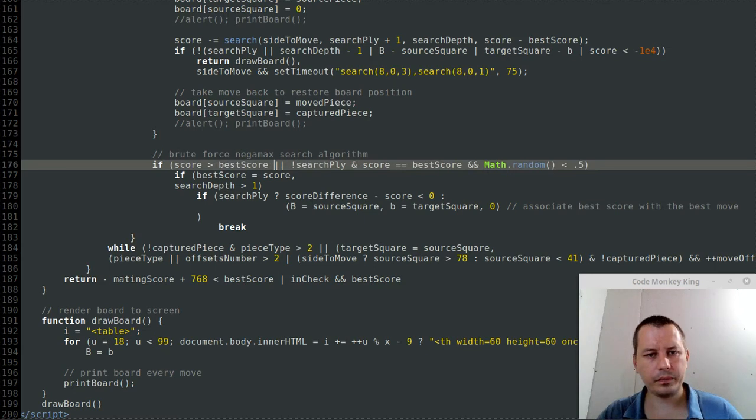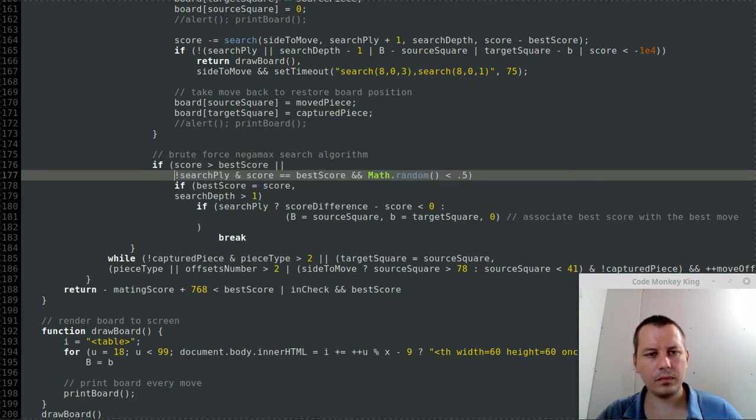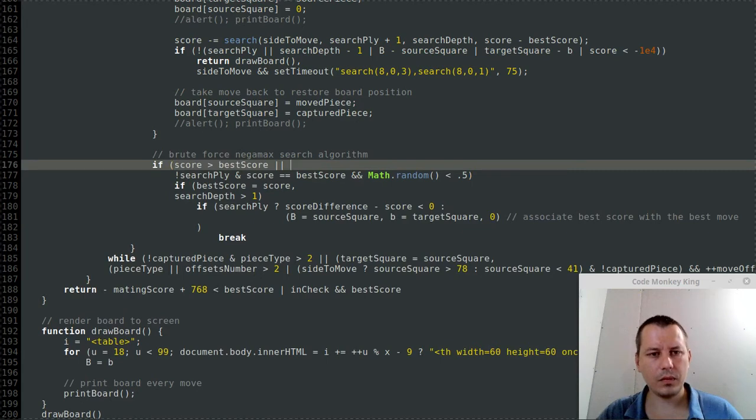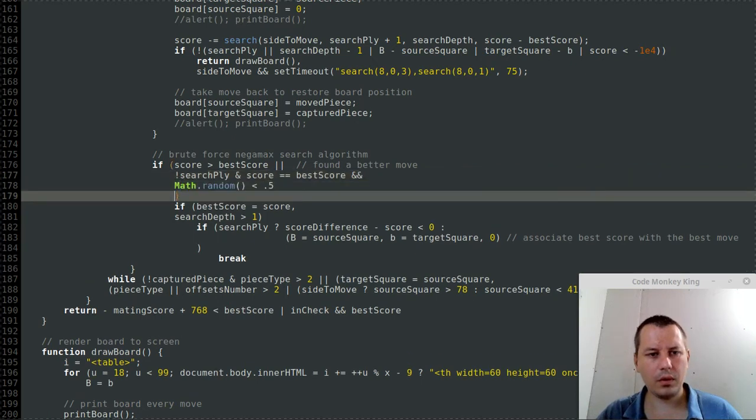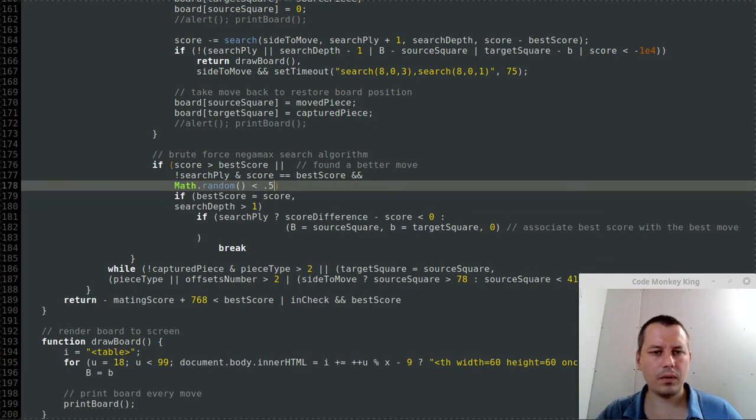So here we can say found a better move, and here we can say randomize score,